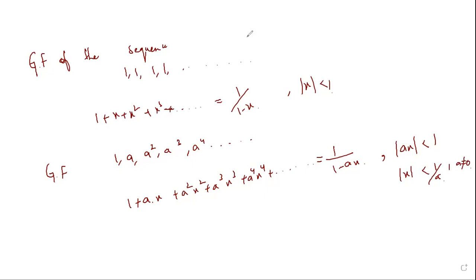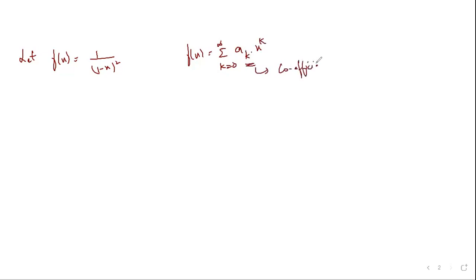Now, after that, we have another problem, which is: let f of x be equal to 1 by 1 minus x whole square, and for this 1 by 1 minus x whole square, the expansion will be in the terms f of x is equal to summation k is equal to 0 to infinity a k x power k. Now I want to find the coefficients. What are the values of the coefficients a k? So a k here will be a0, a1, a2 and so on. Now for this, the solution can be written as follows.